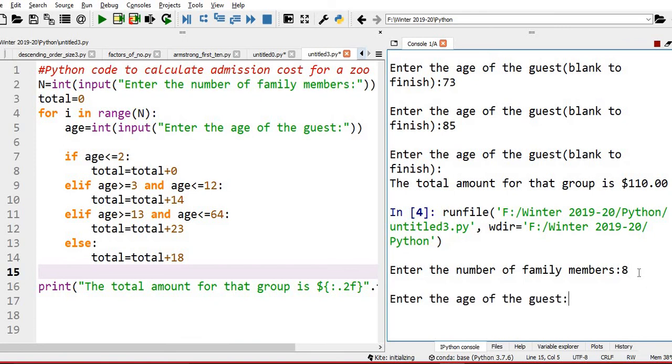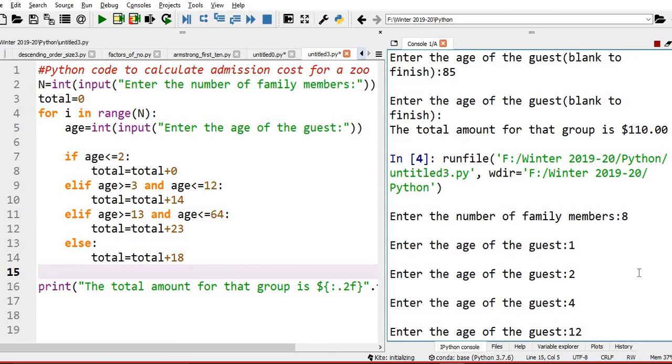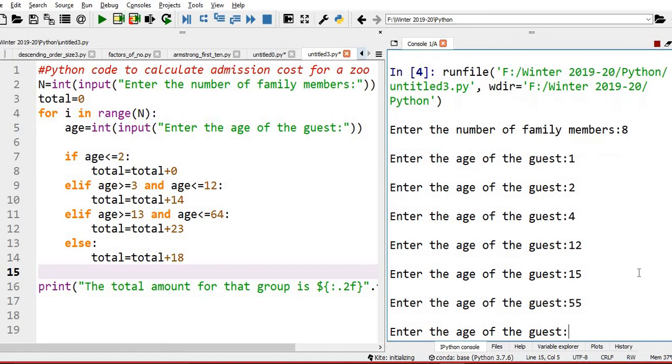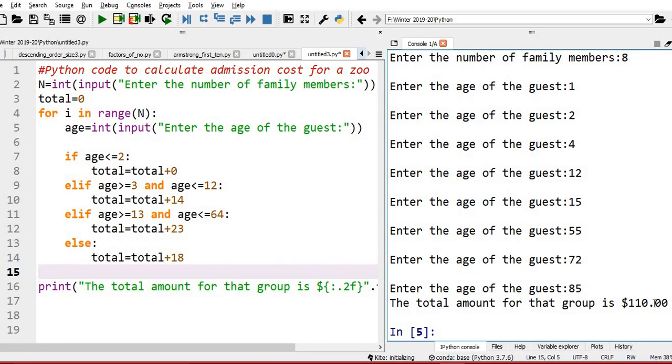The first age is 1, second age is 2, third is 4, fourth is 12, fifth is 15, sixth is 55, seventh person's age is 72, eighth person's age is 85. See, it is giving the same number, $110. The same program I implemented in a for loop, and the same concept I have implemented using a while loop.